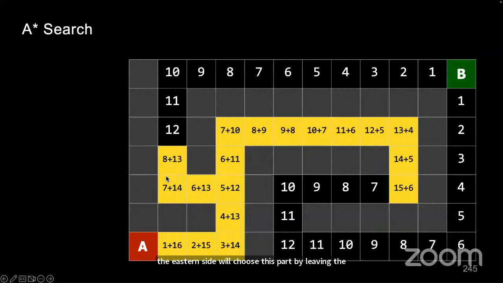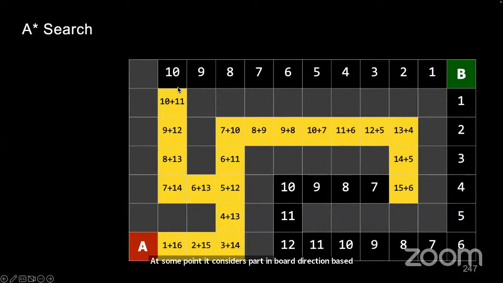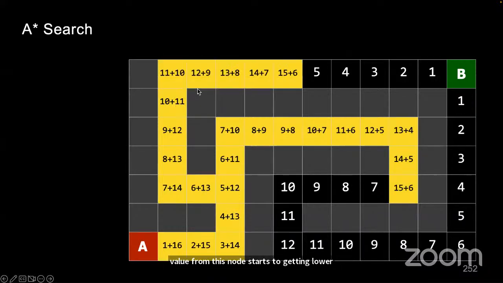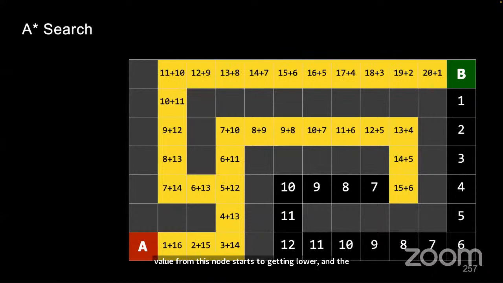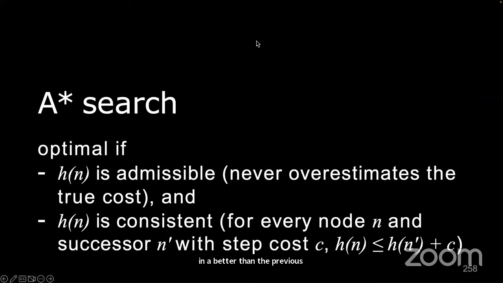At some point, it considers a path in both directions based on this value, but eventually we see that the heuristic value from this node starts getting lower, and the A star algorithm fixes this path and finds its way to the goal state. So we see that the A star search algorithm can work better than the previous algorithm,